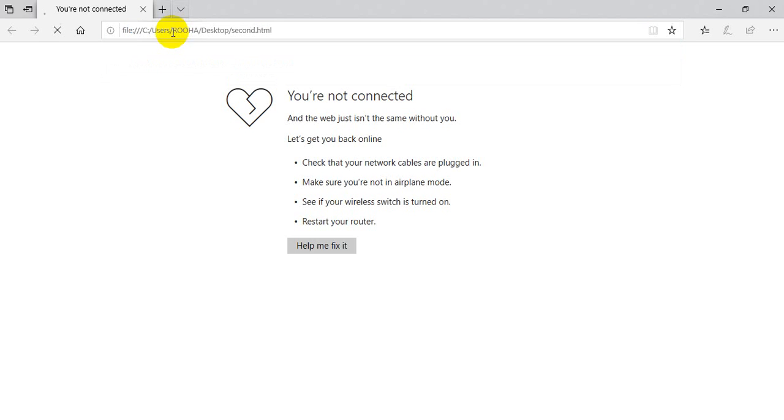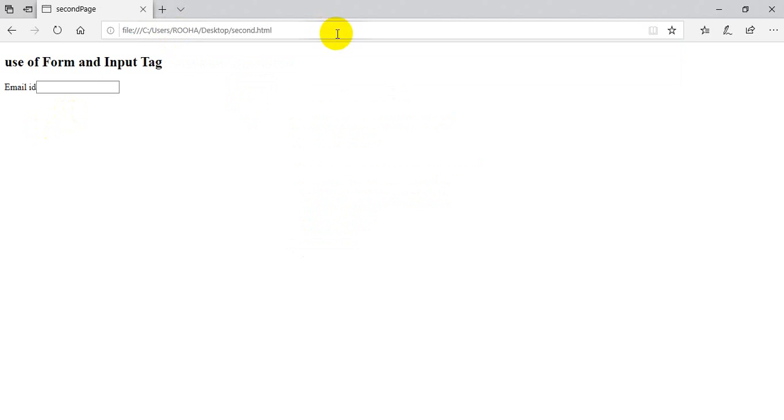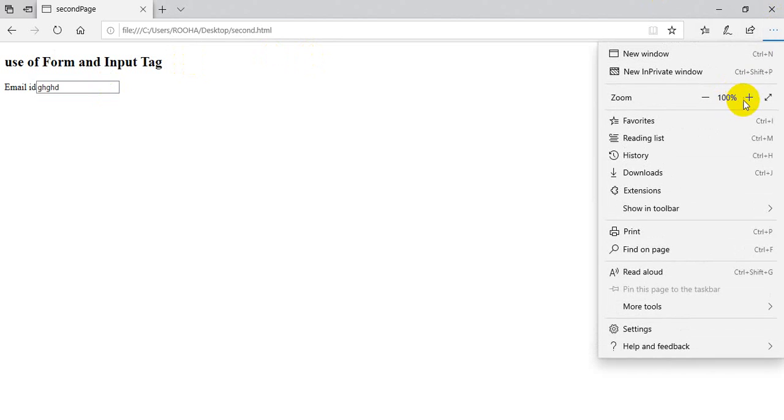Control V. Just run this program. Okay, if I type something, when I go back, see, when I type GHGHD, there is a one pop-up message. Let me zoom the page.